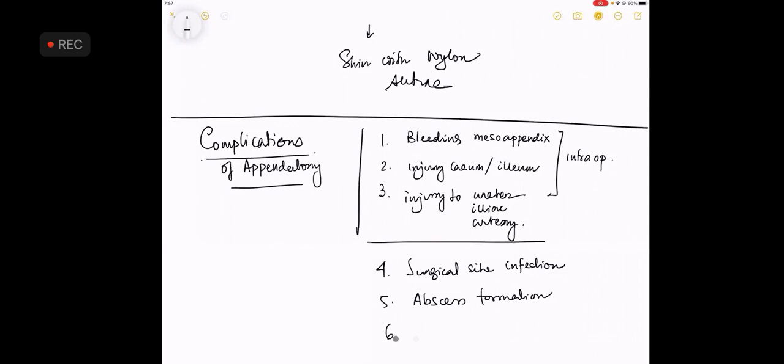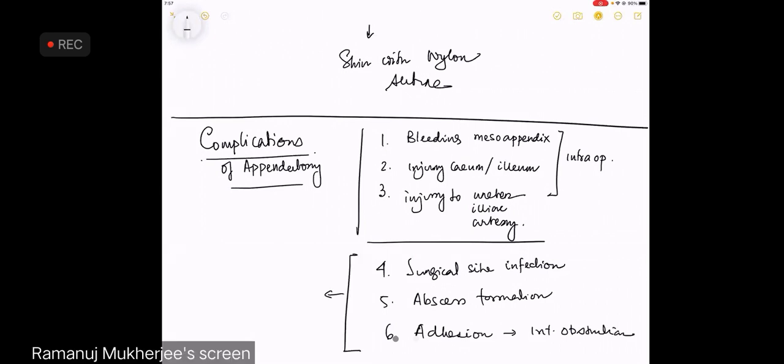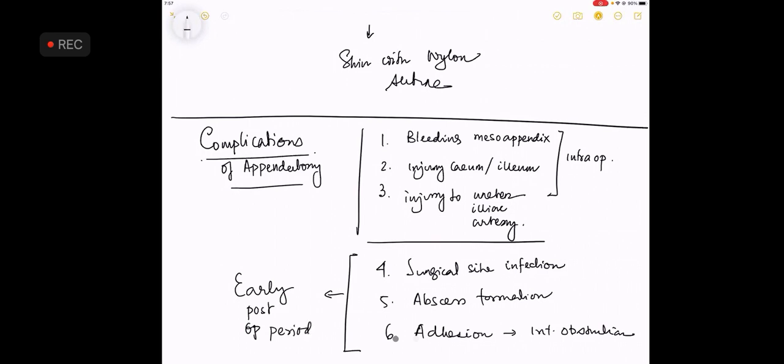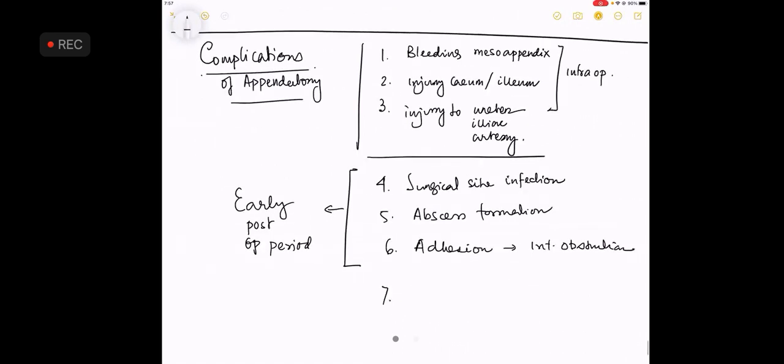number 6th, and adhesion, and then followed by intestinal obstruction, can happen from the early post-operative period. Last, stump appendicitis,